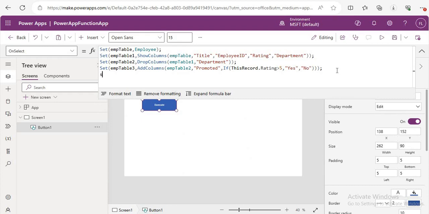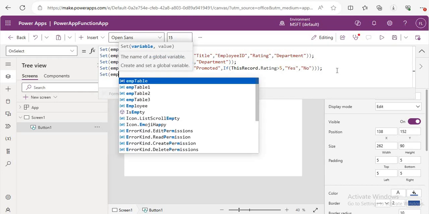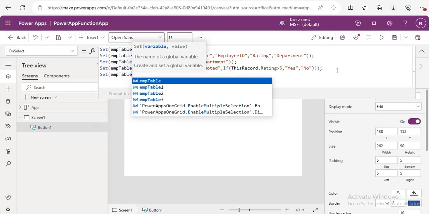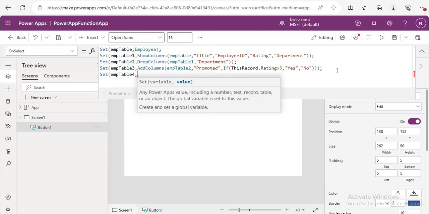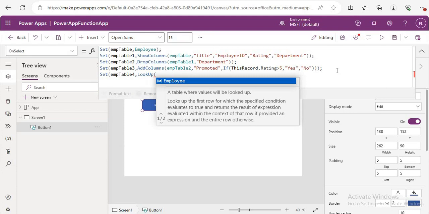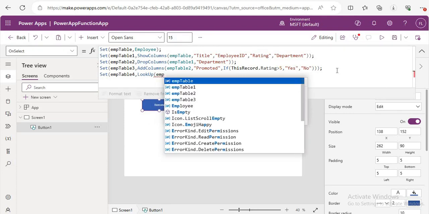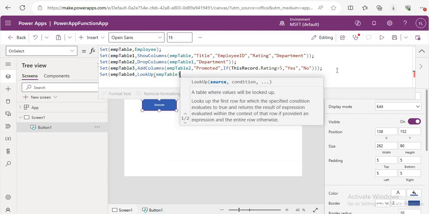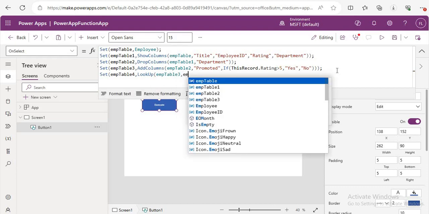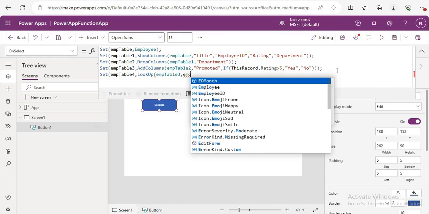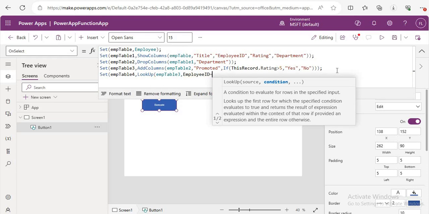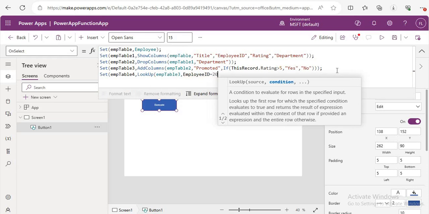So let me create another one, set. So we are creating another variable, okay? Set employee table 4. This is our new variable, and here we will pass the lookup function. So lookup, here I will pass the table name. So from employee table 3 I need to get. So now here I can pass the employee ID, okay? Employee ID equal to 205. So 205. Now if I close this one,